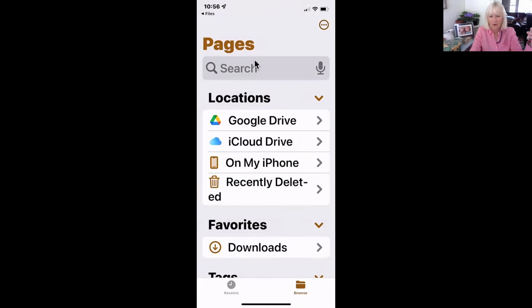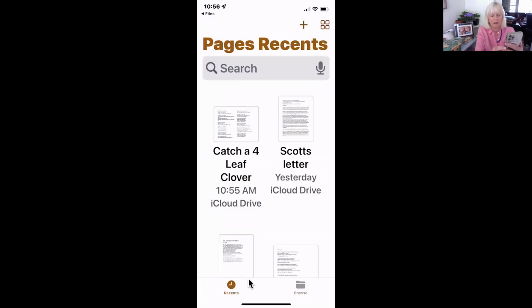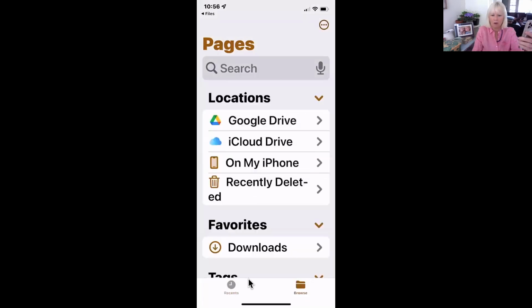Okay, remember that down at the bottom, you have 2 choices. You have browse and you have recent. Are you in browse? I am, and that's how I got the 3 dots, but I still can't get to it. Maybe I'll just have to Google it and find out how to get to it. I understand. So if you're in browse